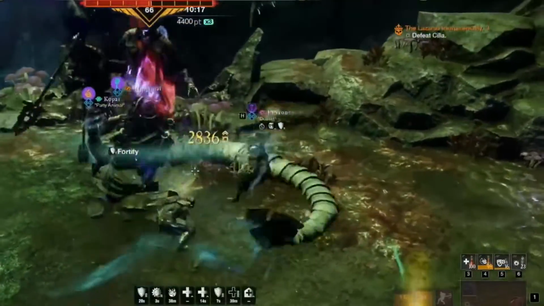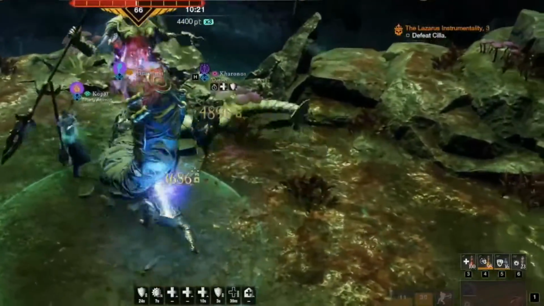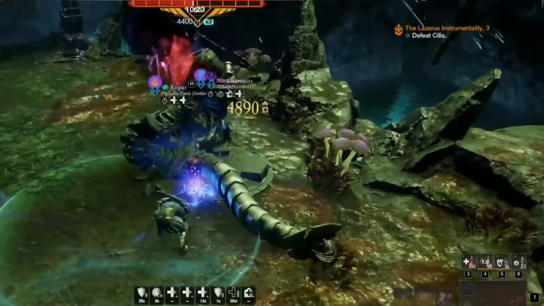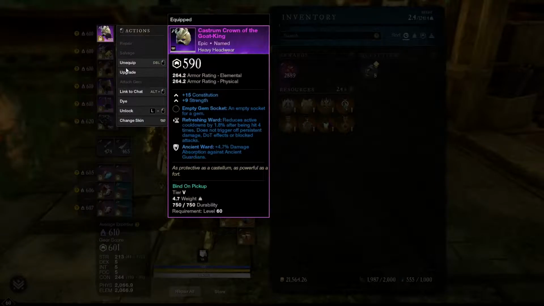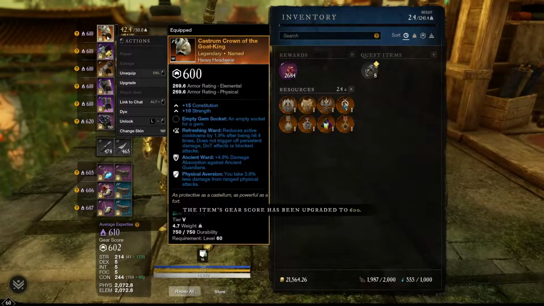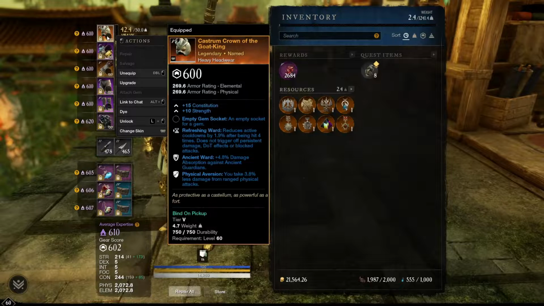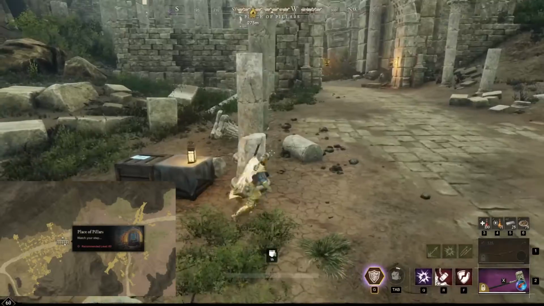So this gear is looted in purple quality, but when you upgrade it to 600 gear score it gains an additional perk and becomes legendary gold quality. So we'll start off with the head, and we've got the Castrum Crown of the Goat King. This has Ancient Ward, Refreshing Ward and Physical Aversion, so it's a good starting helmet that you can use, and